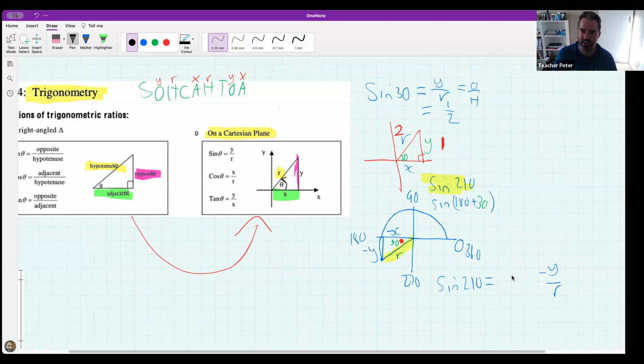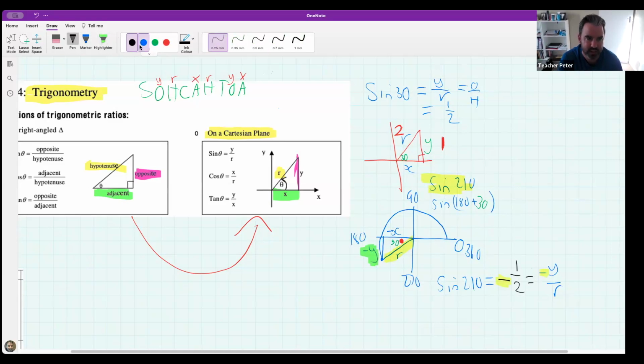Do you get a half, or does it change somewhat? So, in your calculator, what you're going to notice is the sine of 210 is minus a half. And the reason it's a minus is because of that minus that's sitting over here, because it's in what